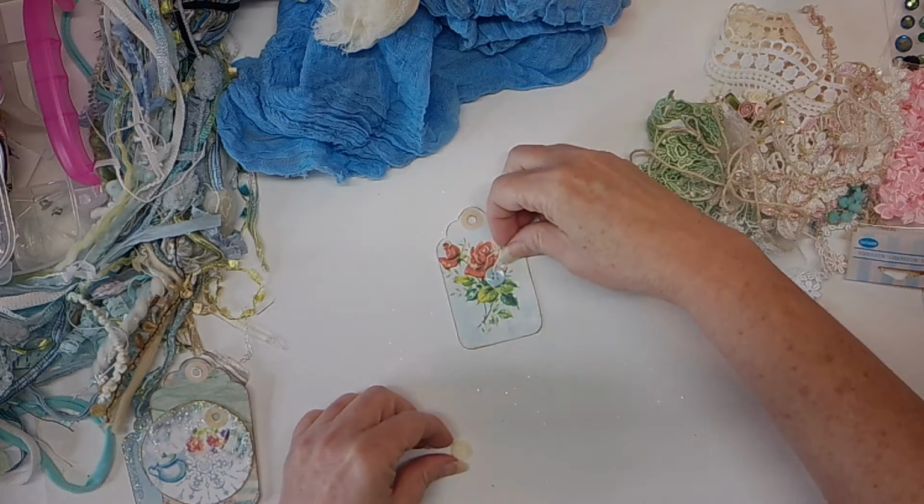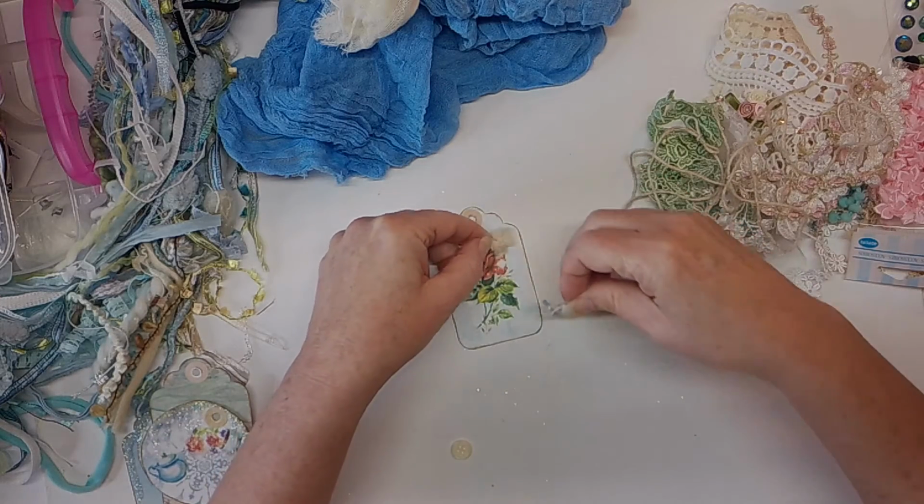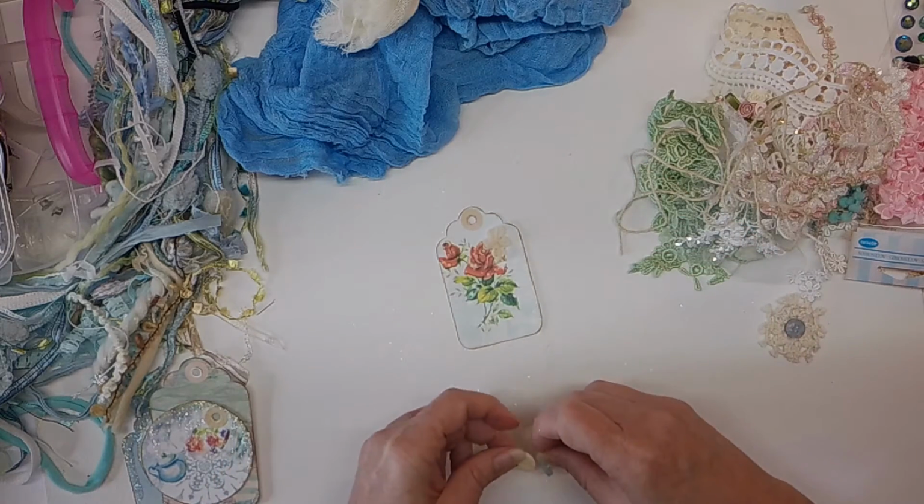I don't think I've ever doubled up a button. Anyway,